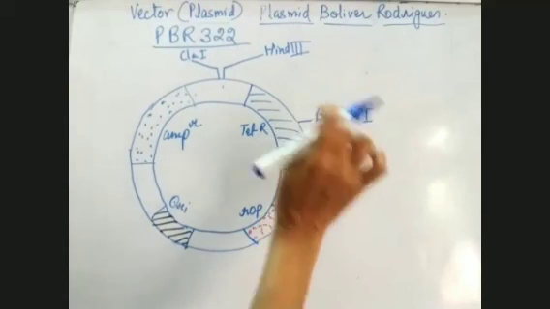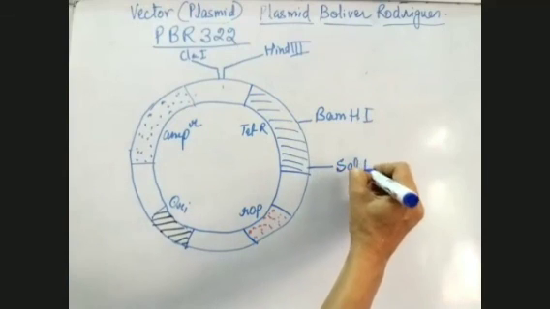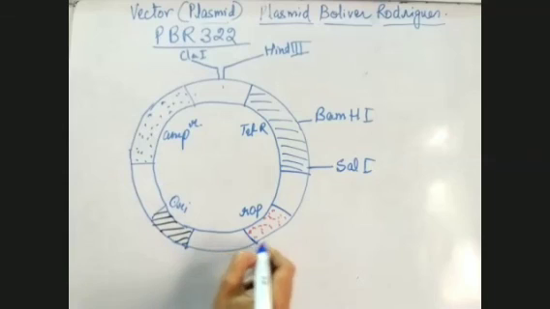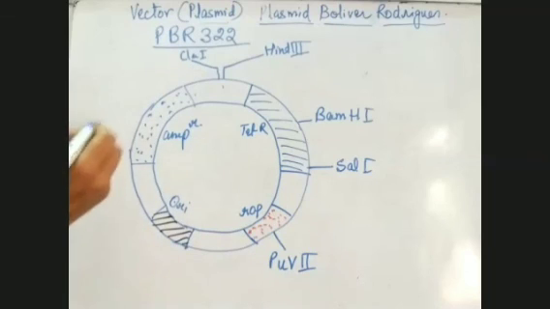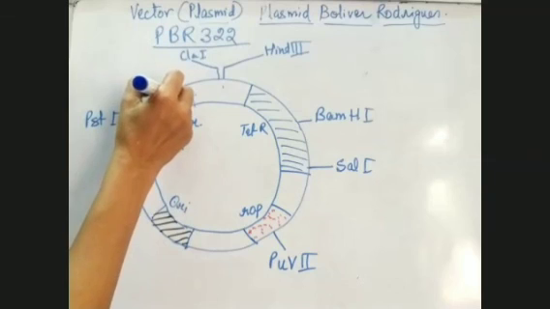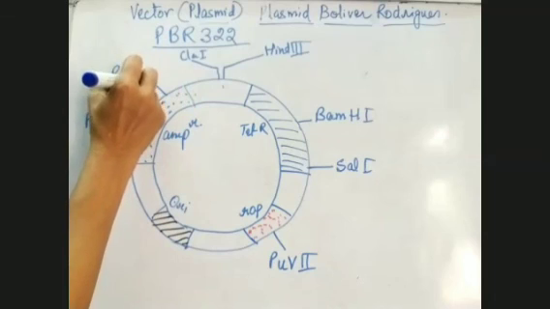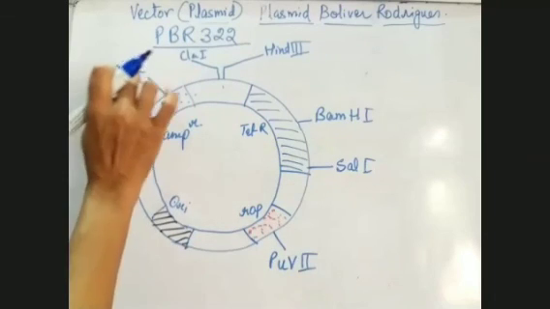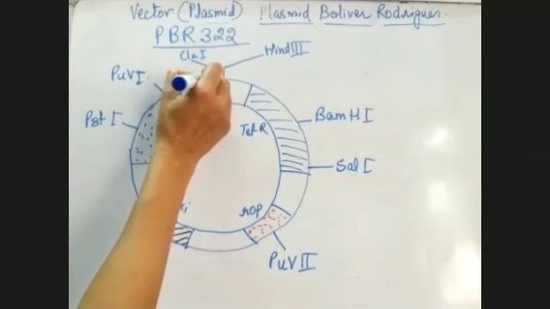And this recognition site here is SAL1. Then we have one recognition site at ROP, and this recognition site is PUV2. We have one recognition site here, and the name of this recognition site is PST1. Then we have one recognition site here, and again it is PUV1. PUV2, PUV1. Okay, PUV1, and one more recognition site here which is